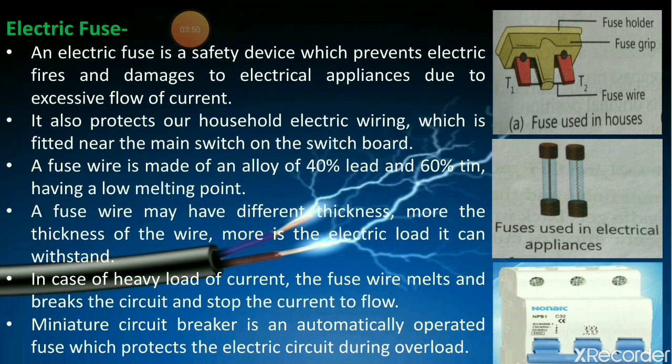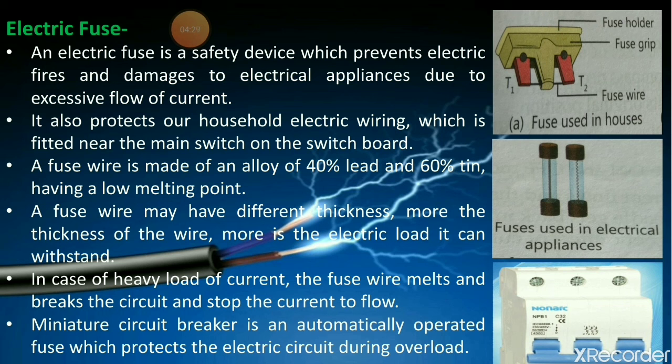Okay, so this is fuse wire. In any excess of electric current which flows in the circuit, this type of short circuit or overloading can be prevented because of the electric fuse. The same thing happens here also. Fuse wire has a very low melting point, and as it gets the extra amount of electric current, because of being heated, it will melt and break the circuit.